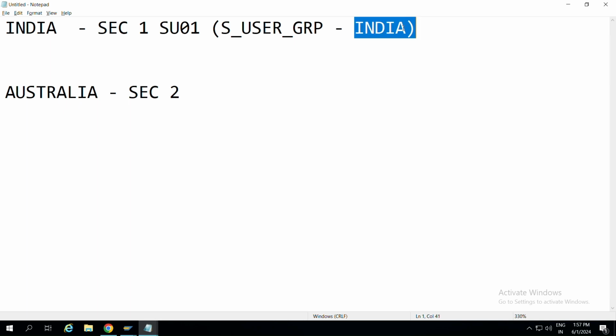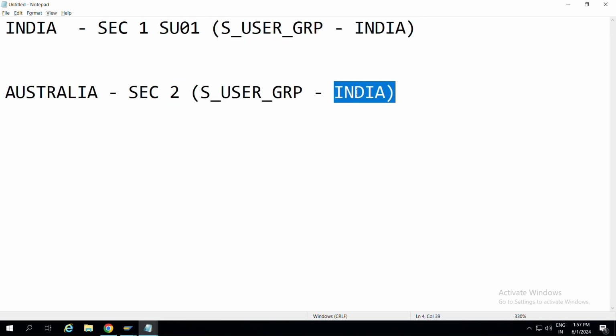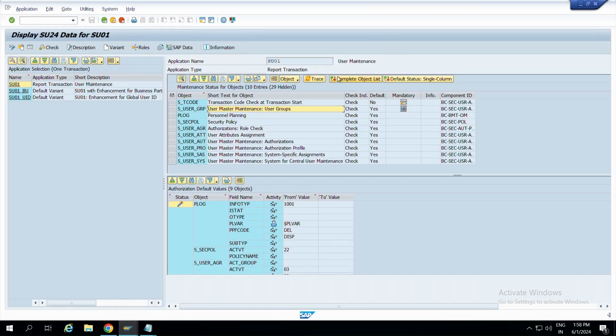Okay, this is the group name. India is the group. And similarly, here you'll add Australia. At that time, what happens? The Australia security guy will only have access to edit user groups of type Australia, and the security one guy will have access to edit user groups of type India only. Okay, because of that, this is needed.